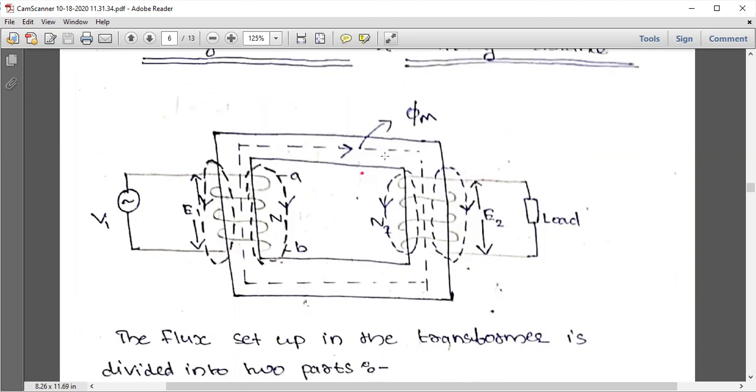Okay, we can see that this is the transformer core, and these are the windings, and it is taking a voltage V1 and a current I1 will pass through that. So here we can see that there is a flux phi m. So we consider the main flux phi m. Do you know how this flux phi is formed? From the previous video, I have mentioned this flux is actually formed from the current I1, which is the magnetizing current, and that results in the flux phi.